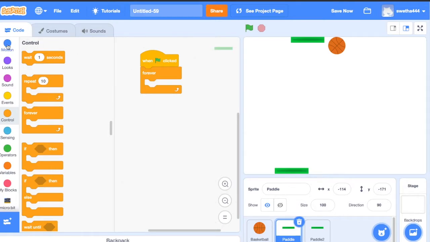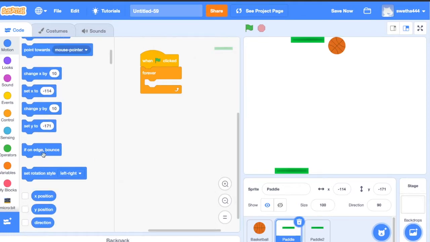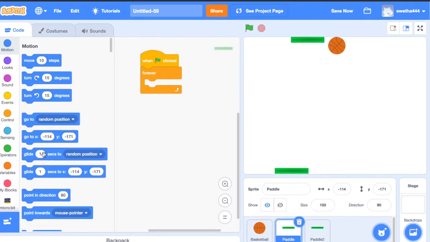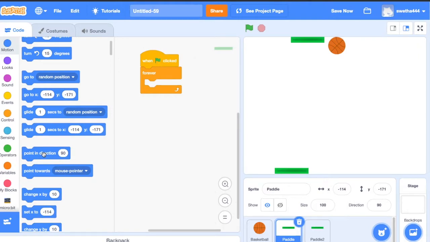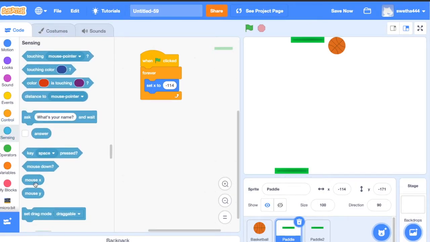For that, click on motion, drag set X, click on sensing. Here we have mouse X. You can see as I move the mouse, the paddle is also moving along with the mouse.